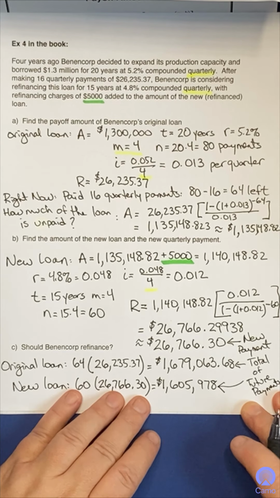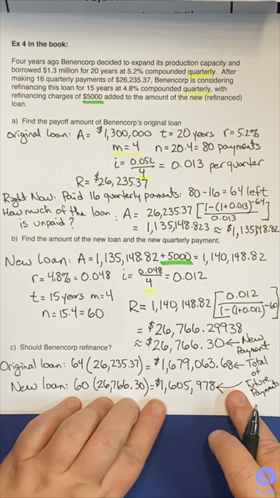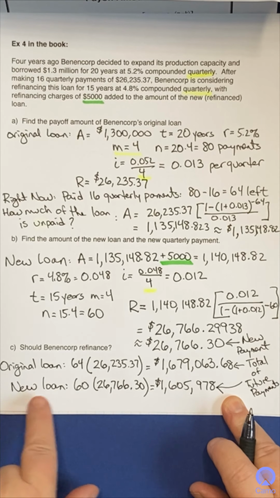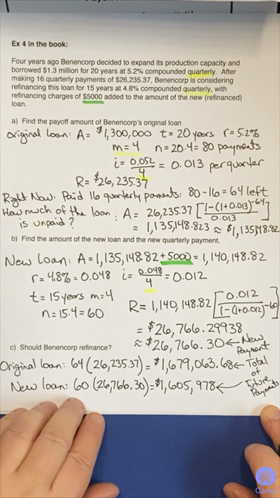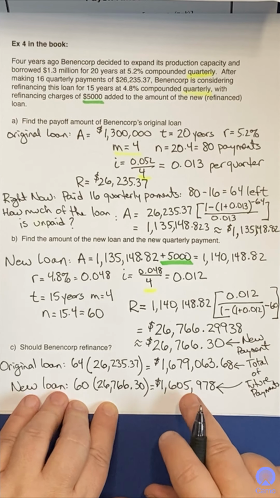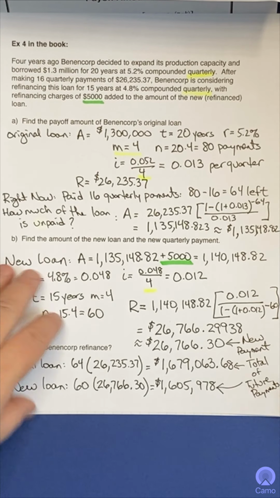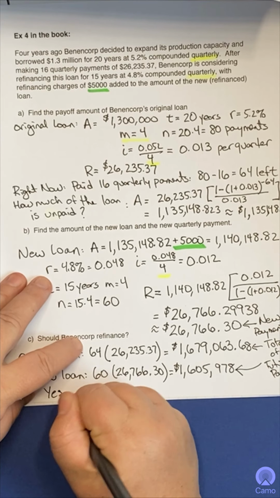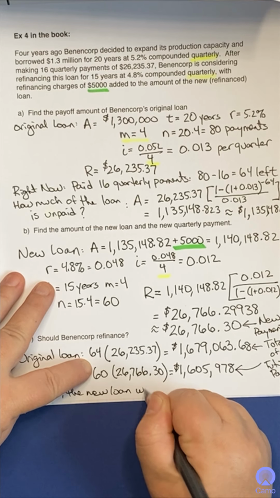So if we look at it from this perspective, the original loan, this is how much we're going to end up paying back. The new loan, this is how much we're going to end up paying back. So over this time, if we switch to the new loan, the total of our future payments means that we'd be saving almost $75,000. The new loan is going to be a lot less expensive over time. So I think personally the answer is yes. The new loan will save the company